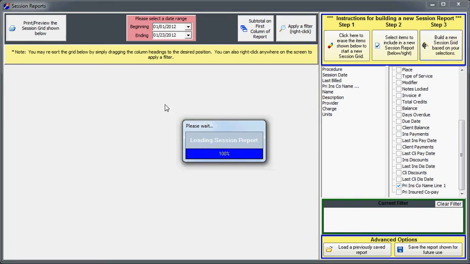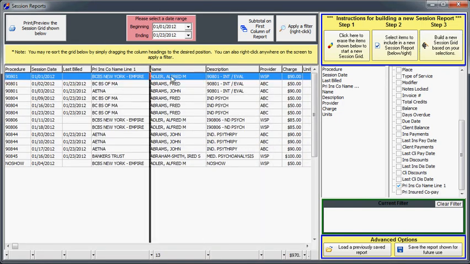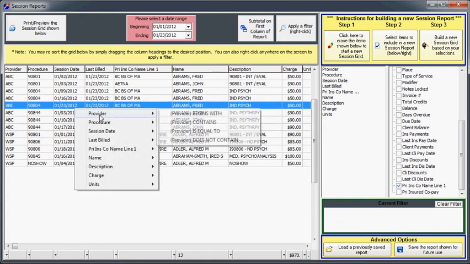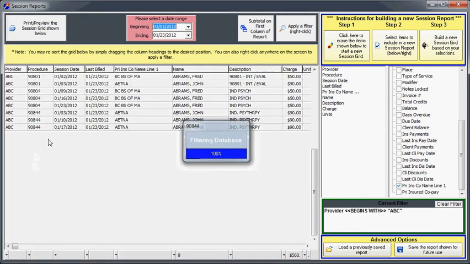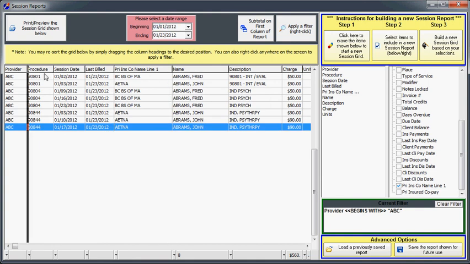Finally, just like the super report, once we have developed a report that we find useful, for example, in this case, I'm going to say I want to only see all of the sessions that occurred for provider ABC. I right-click, provider begins with ABC, and I want them sorted secondarily by the client's name. Once I've done all this work,